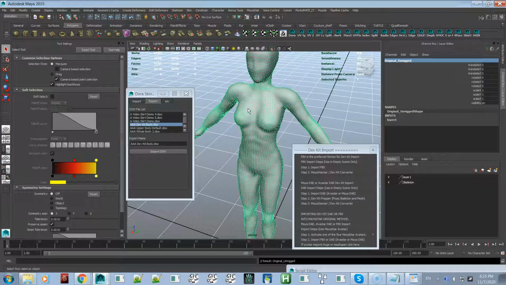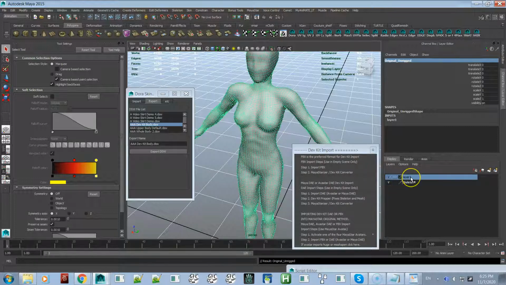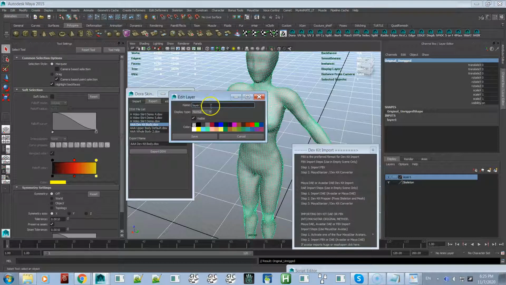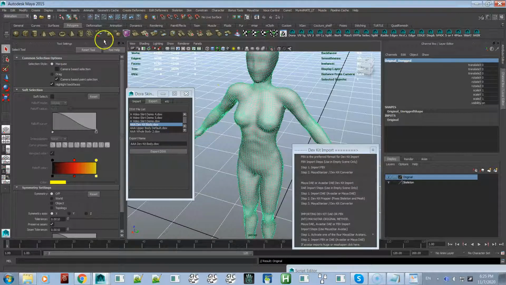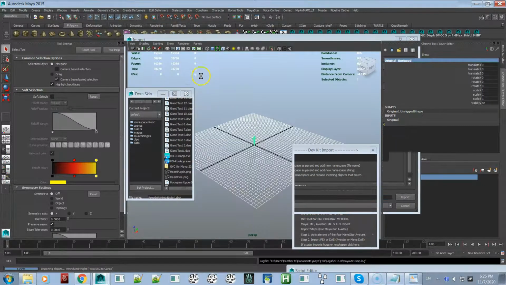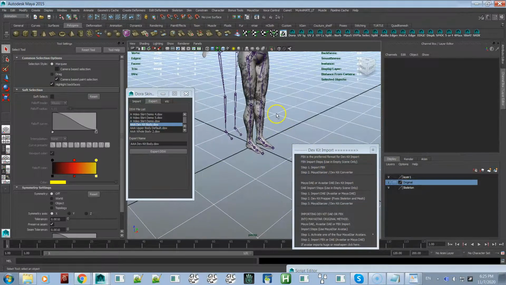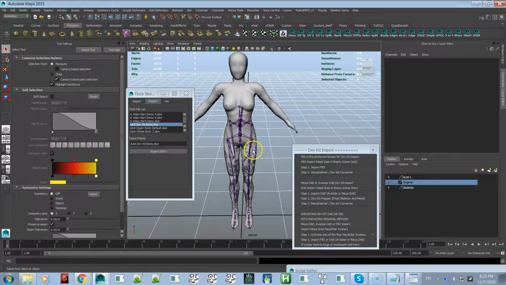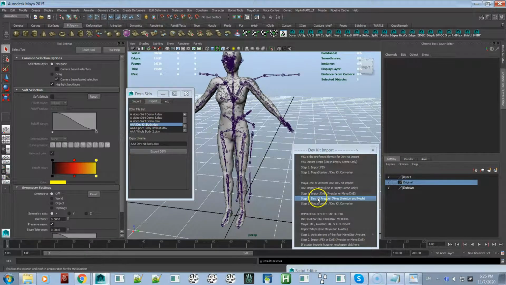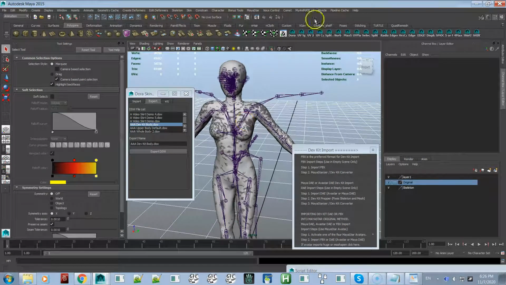And then I'm going to, let's see, put this on a different layer. This is called original. Then what I'm going to do is import the same mesh again. And I'll do the dev kit prepper. Now that I've imported the same mesh again,